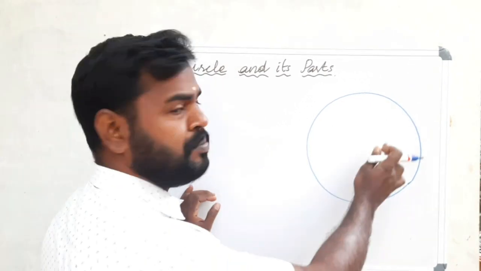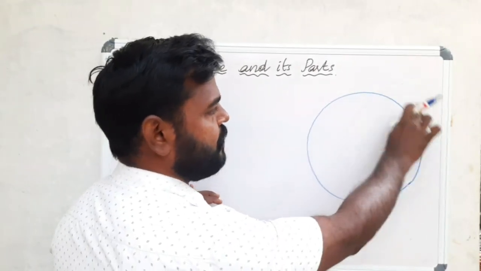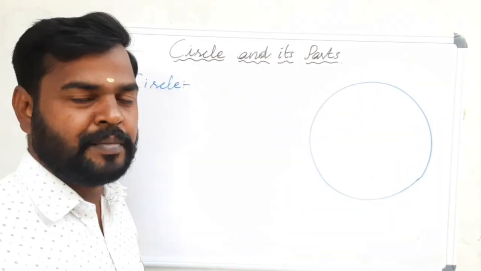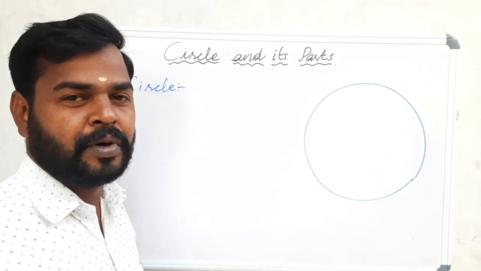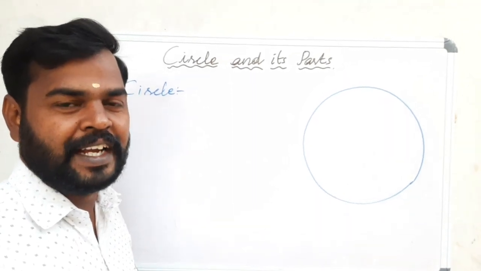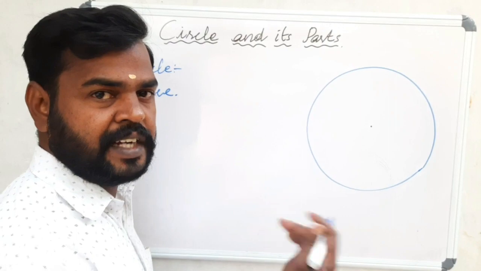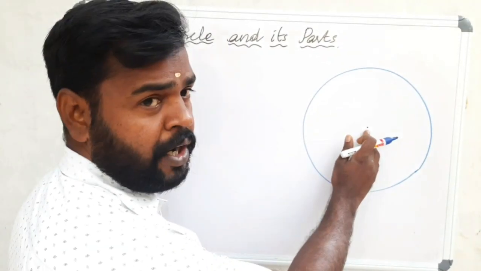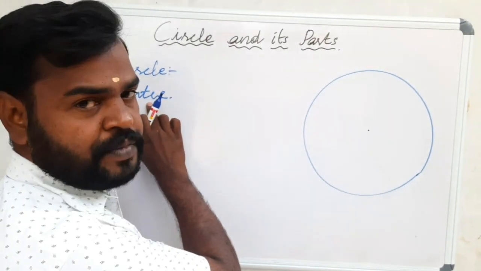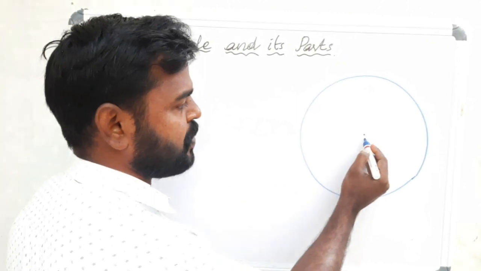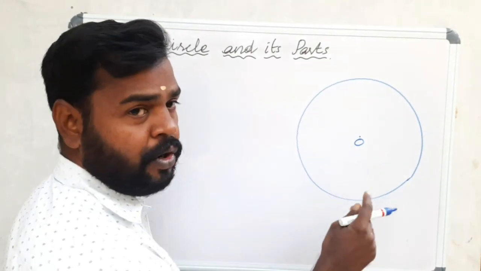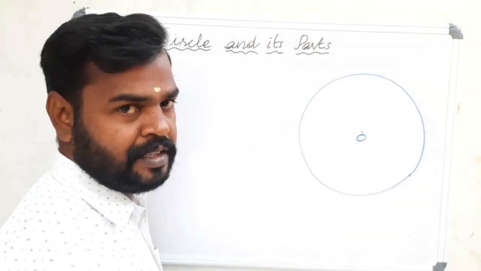A circle is a simple closed figure with a curved line segment. Examples of circles are the moon, coins, bangles, etc. Inside the circle, this fixed point is called the center of the circle. The center of a circle is represented by capital letters O, P, Q, etc.